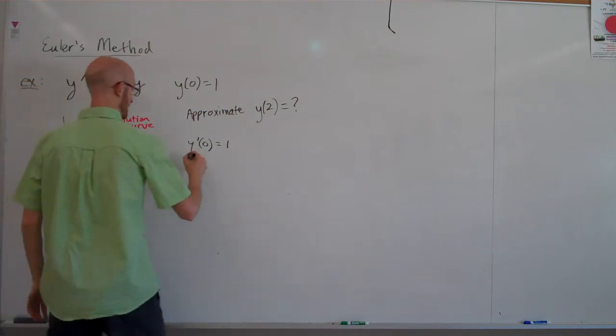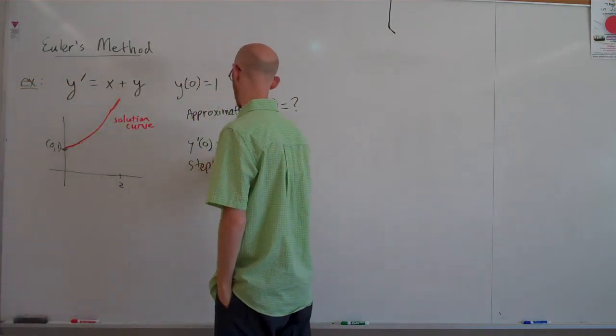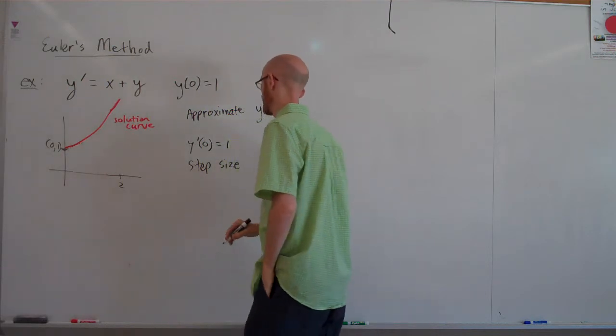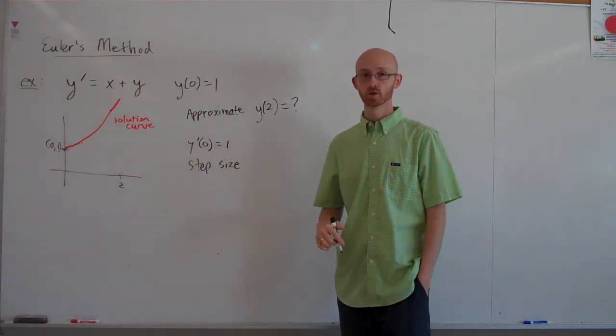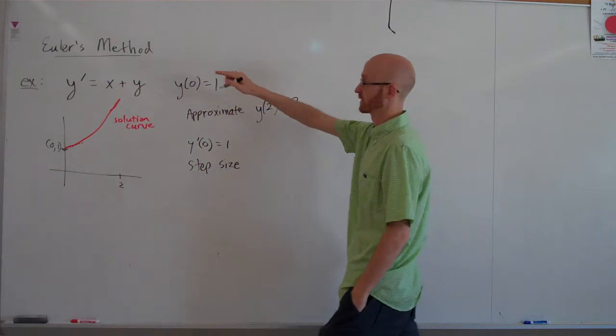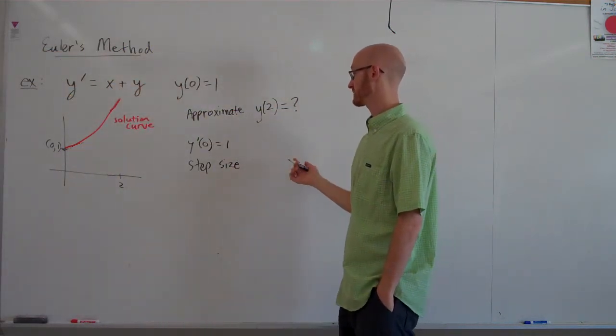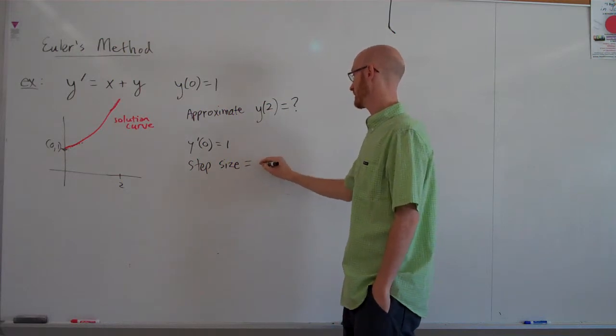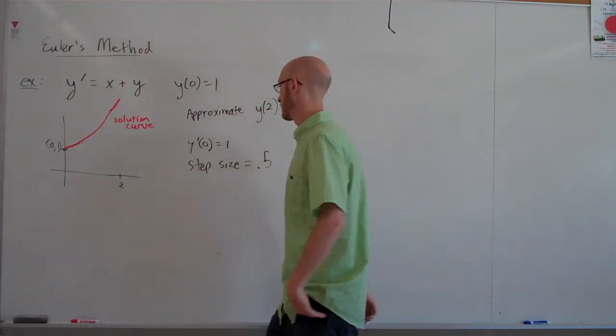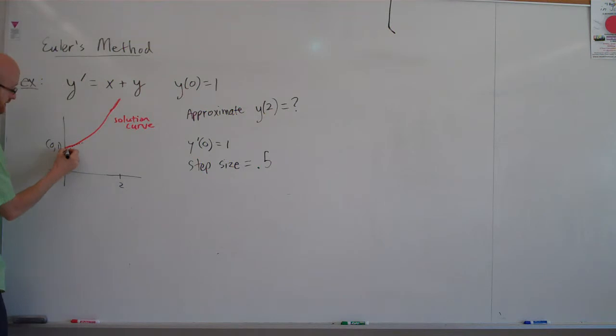What we will do is name a step size, and you must do this for Euler's method. And by the way, it's pronounced Oiler, not Yuler, if you didn't know that ahead of time. So the step size that I'm going to name here is 0.5. What that step size tells me to do is go over roughly 1/2